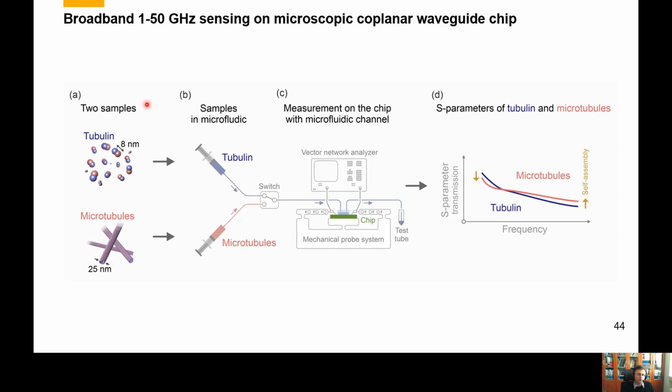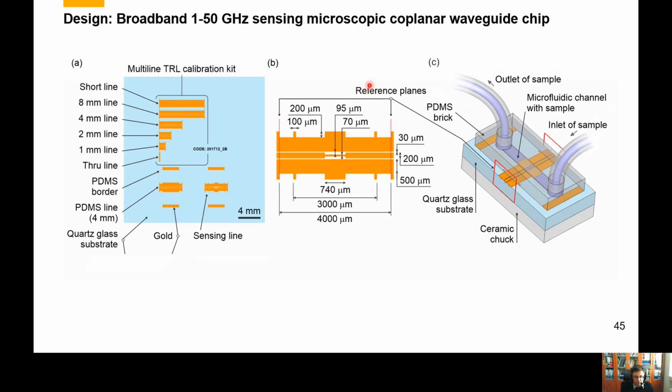So we compare either tubulin or microtubules, which we deliver to our chip, which I will briefly describe, and we then expect and would like to see if there is a difference in S parameters measured through this system. So we designed for this particular purpose a coplanar waveguide-based chip, with these dimensions on the glass slide,